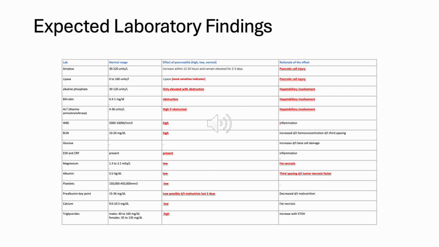Alkaline phosphatase, bilirubin, ALT, those are all elevated due to biliary obstruction, and I've talked about them earlier. The white count will be elevated because it's inflammation. The BUN will be high because of hemoconcentration. Glucose could be high due to beta cell injury. Inflammatory markers are high. Magnesium will be low due to fat necrosis. Same with calcium. Albumin will be low